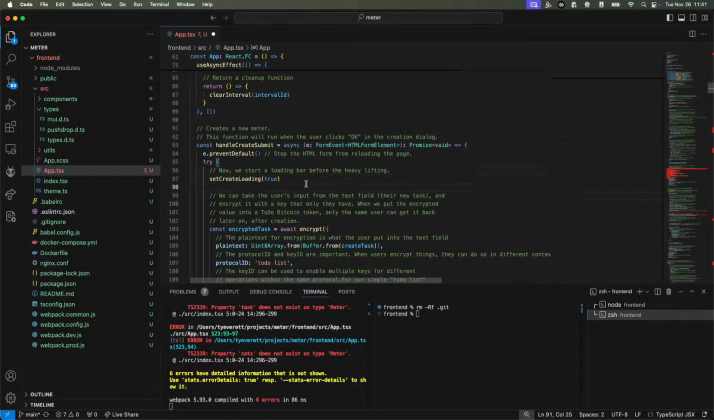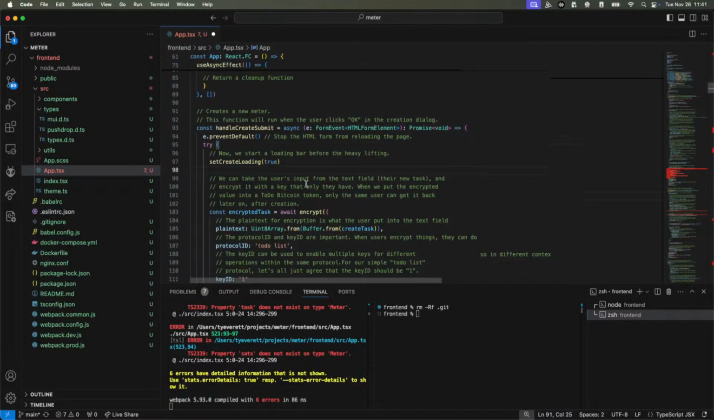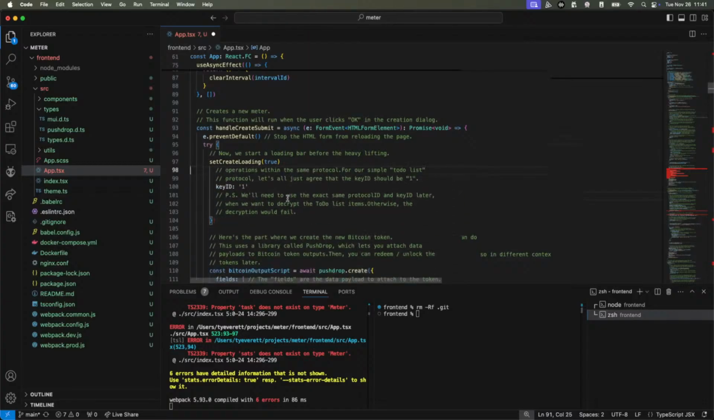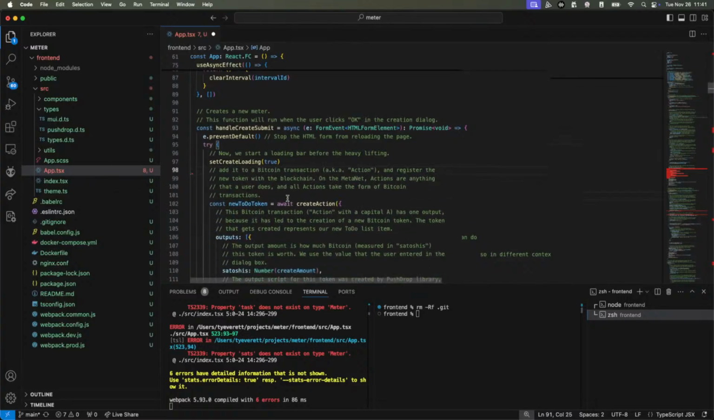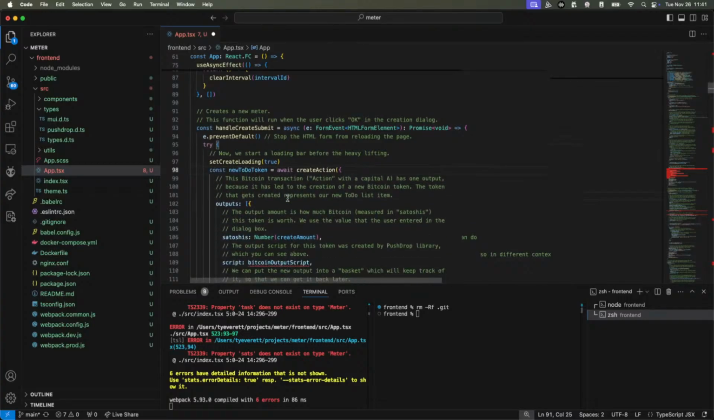We're going to create a loading bar. In the past, we would talk about encrypting a task and all of that, but with these meters, they're very lightweight, right? So let's skip all of this. Let's not do any of this. We just want to